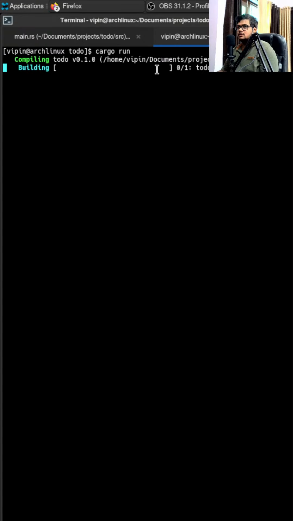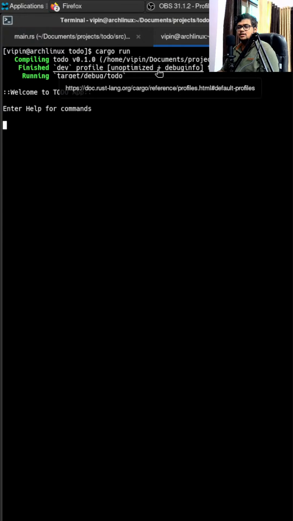So if I do cargo run, it will build the application for me and also run it. But if I do cargo build only, it will only build the application. So in order to run the application, I will not do these two things separately. I'll only run cargo run. If I run cargo run, you can see it's saying